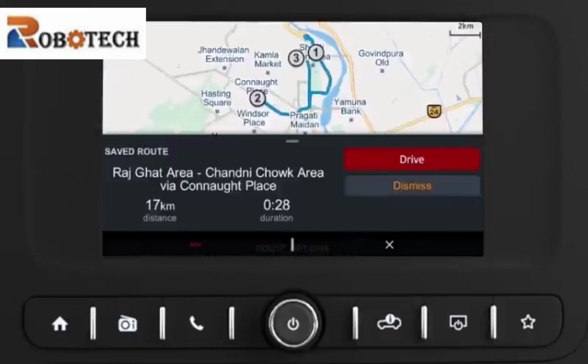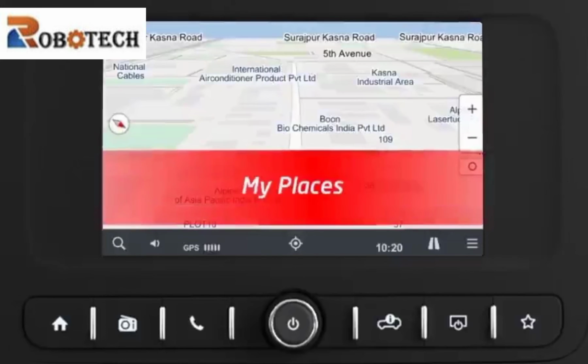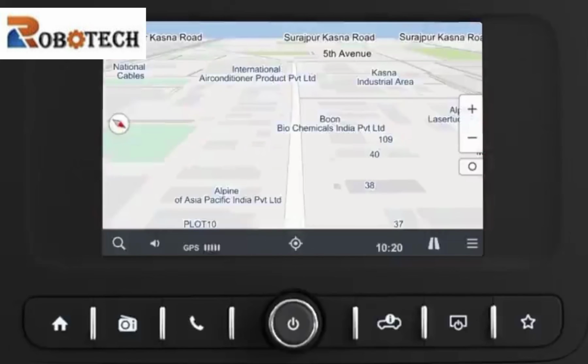To find the nearest POI from the selected place, touch the place in the map screen. Select Nearby option. My Places. To add the selected place as a My Place,